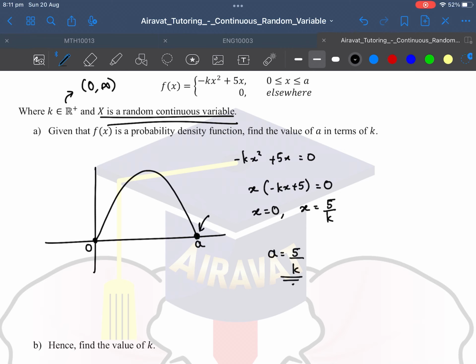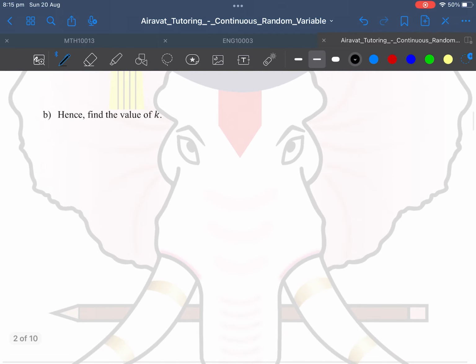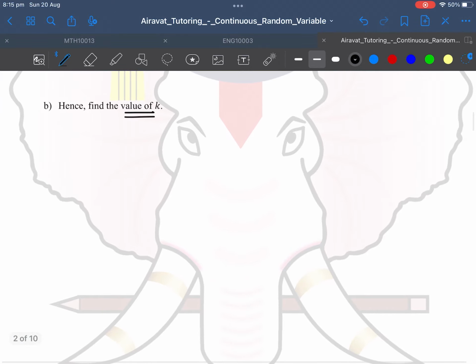Okay, very good. Now let's move on to the next question. So hence find the value of k. Okay, so what are the properties that we use here? There's only one, which is that the area under the graph of a probability density function always must add up to 1. We know the end terminals, don't we? What are our end terminals? That's correct. It's going to be 0 and a, which is going to be what? 5 over k. Okay. So it's going to be